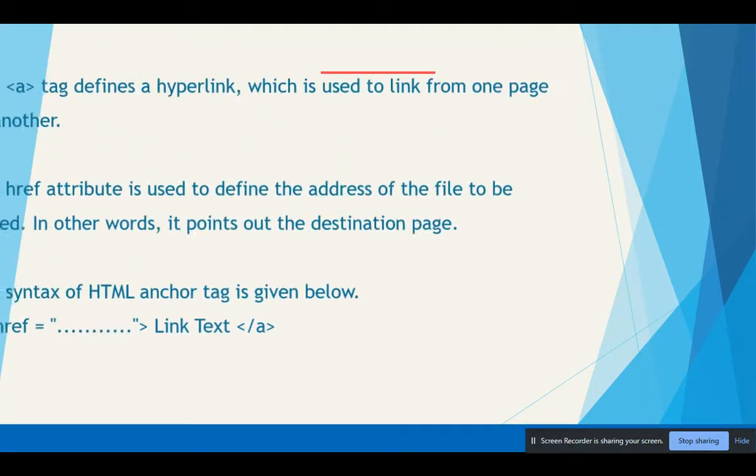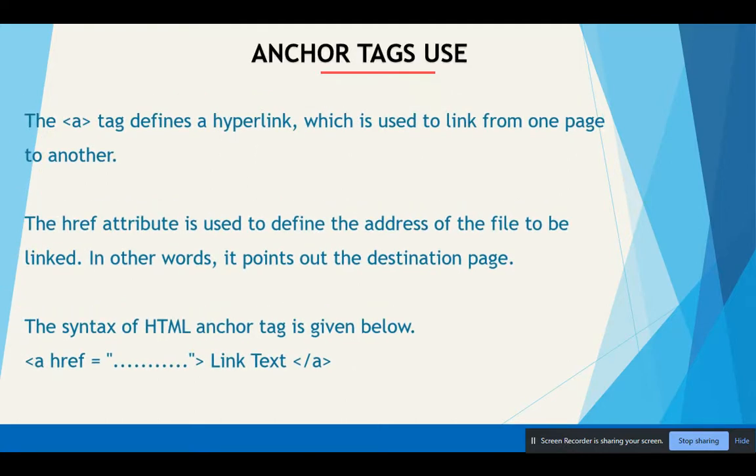Firstly, I will give you an overview of what the anchor tag is, because the anchor tag is useful for us. Okay, so now let's start. The anchor tag is defined as a hyperlink. A hyperlink is a link that will open another web page. It is the text that gets converted, and when you click on that text, it goes to another web page. So this is the hyperlink, which is used to link from one page to another page.